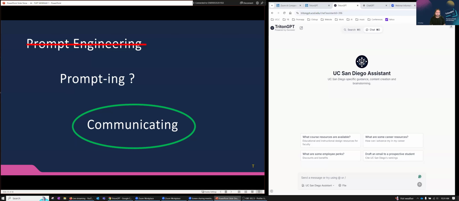So if I were to go to, let's say, something like a Google search engine, that is almost engineering. I need to know the keywords and I need to put them in a specific order, maybe put certain things in quotation marks or in parentheticals. There are rules there that will help you get a better response. But when we're communicating with people,